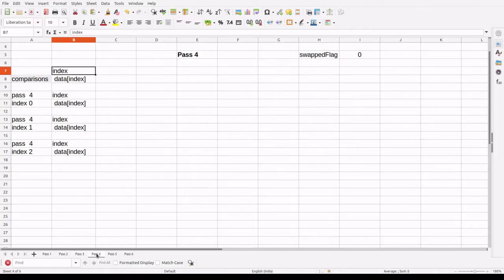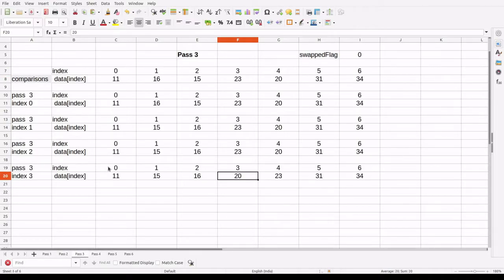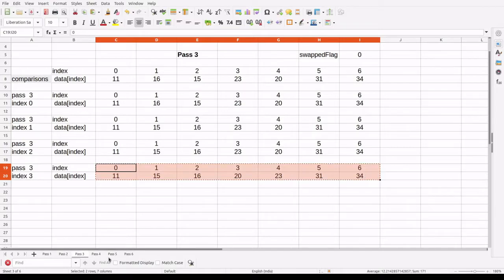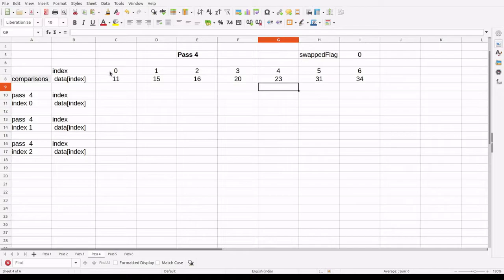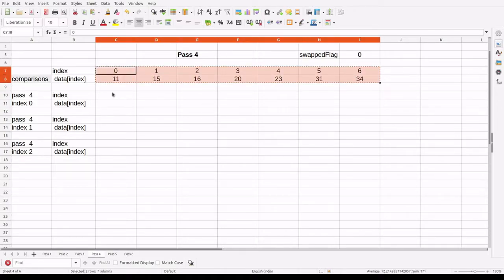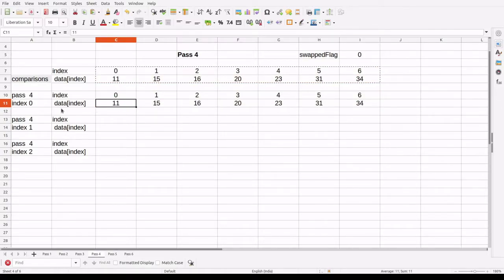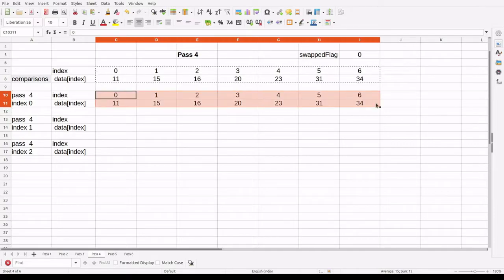Now this is pass 4. In pass 4, I'm going to take this same answer and paste it here. The first index given here is 0, and in index 0 is 11 less than 15? Yes, no more changes to make.